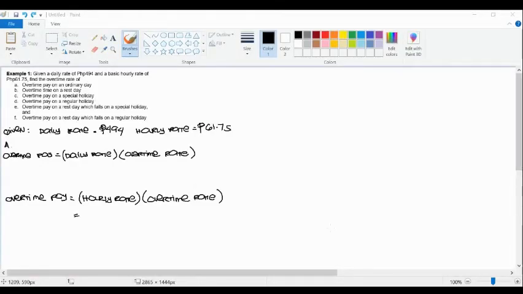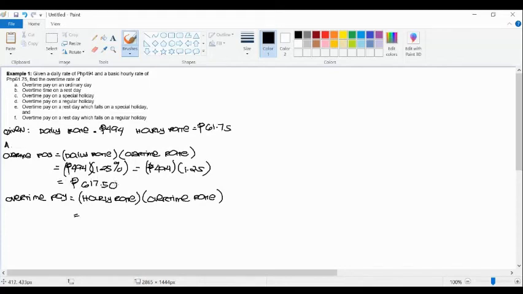For this question, we have the following given: a daily rate of 494 pesos and an hourly rate of 61.75 pesos. The formula for our overtime pay, on a daily basis, is the daily rate multiplied by the overtime rate. So that will be 494 multiplied by 125%. If we convert this, we have 494 times 1.25, and it will give us a product of